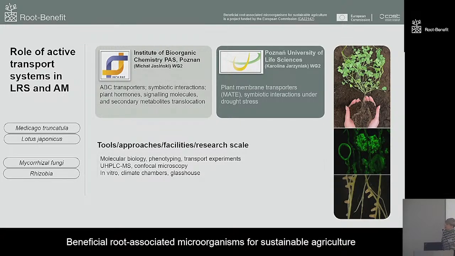Karolina Jarzyniak recently initiated studies on plant membrane transporters from another model legume plant, Lotus japonicus, and